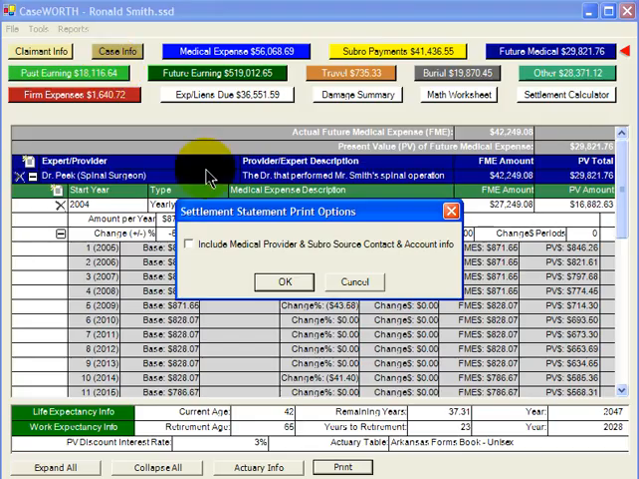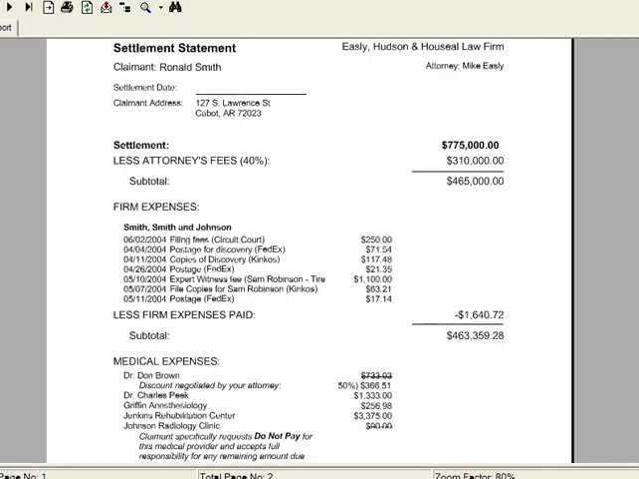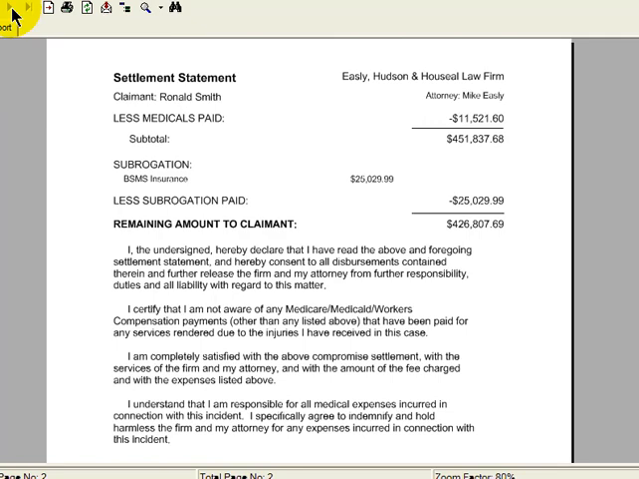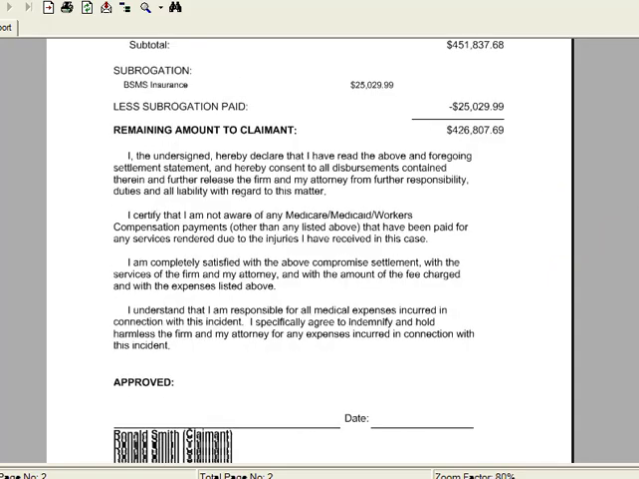Finally, when the case is settled and all negotiations with the medical providers and subro sources are complete, CaseWORTH will create a detailed settlement statement for your claimant to review and sign. CaseWORTH works the same way a paralegal manually builds a case. CaseWORTH just gives the paralegal a structured place to put all the information, then does the